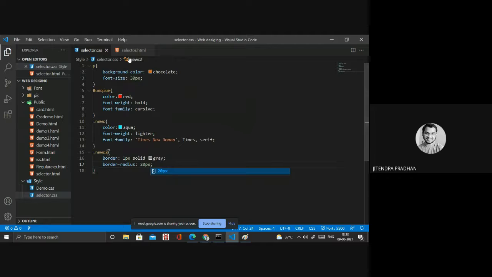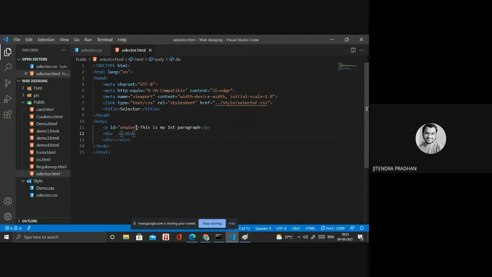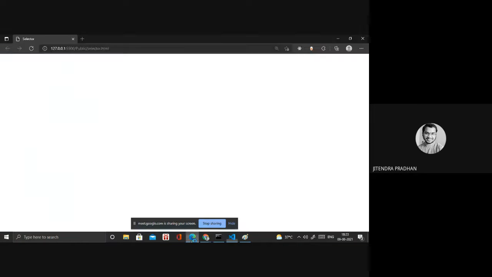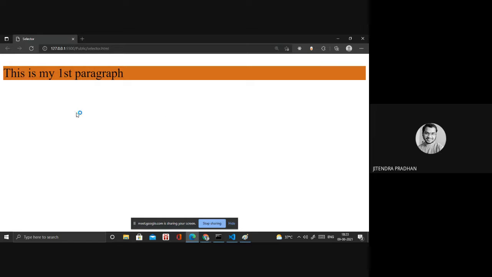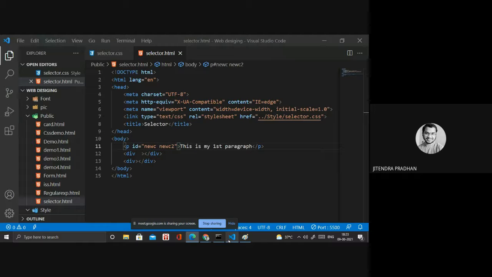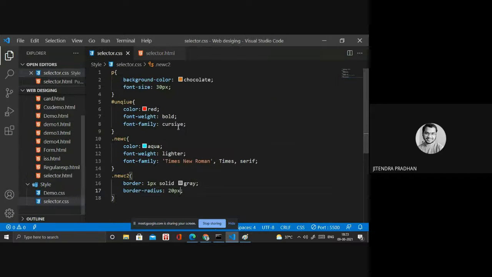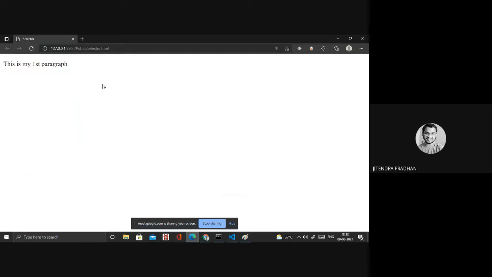And let's see if I apply both classes inside that, whether it will work. Inside the id, new C and new C2. I will zoom in on that. Okay, have you observed that? I think it's affected or not. Wait, I will check that. I will change that p. Let's see. It's not affected. Why?